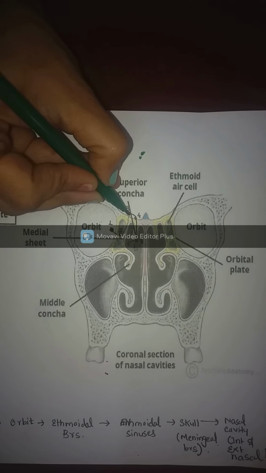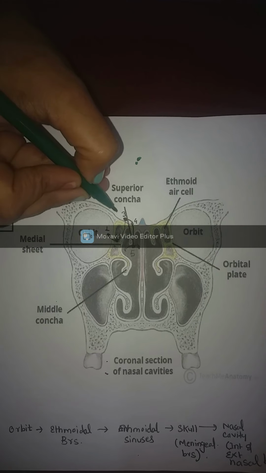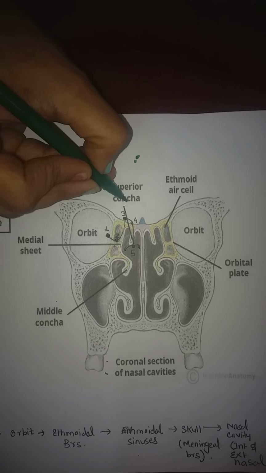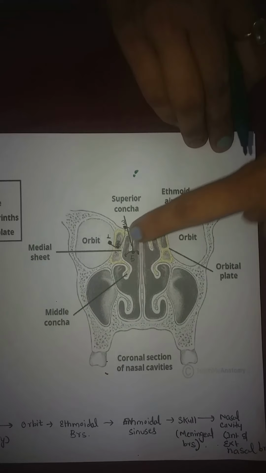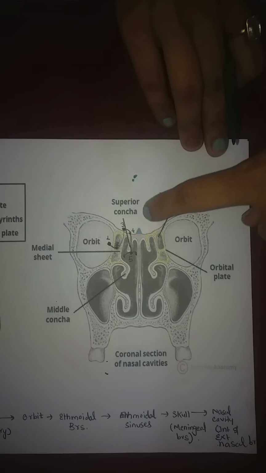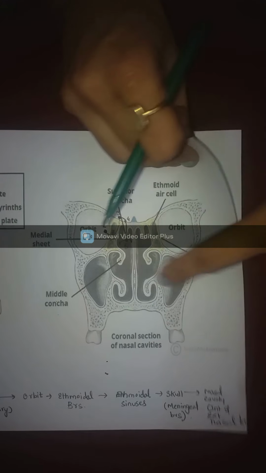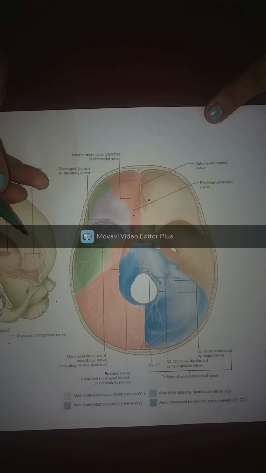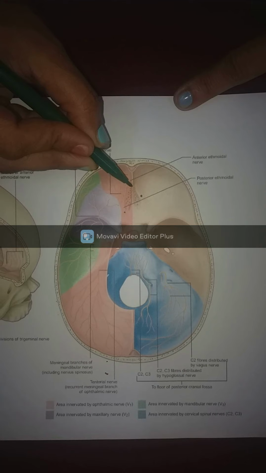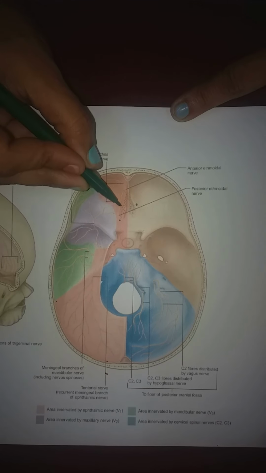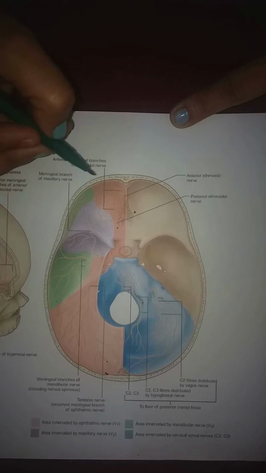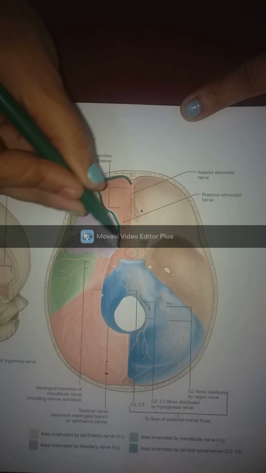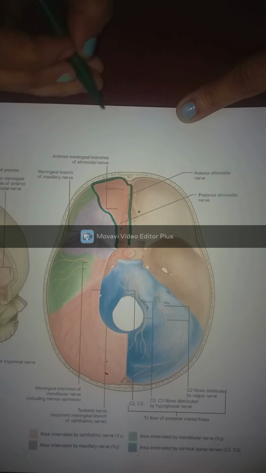As they enter the skull, they have to innervate something. They will have a purpose. What do they innervate? They innervate the meninges here. Okay, halt here and look at the next picture, and then we will proceed the journey. So here you go. You have the area of the meninges. When it enters the skull through the cribriform foramen, these ethmoidal nerves will innervate the meninges here. So this area is innervated by the ethmoidal nerve.